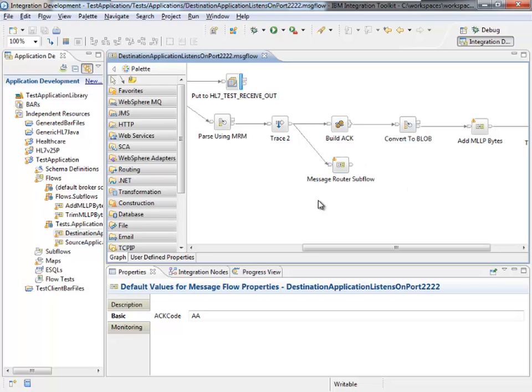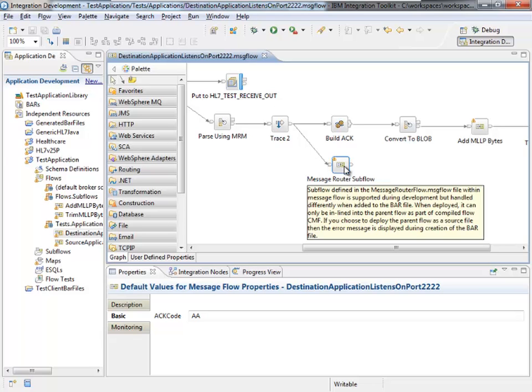What I want to focus in on is this message router subflow. And you can see that it's a branch off that main flow here. What this allows us to do is, as the message is flowing through the flow, we can divert it and start to look at special cases where we might want to take certain messages and use them for some additional things, such as notifying iPad applications that there are new patients that we're responsible for as a physician.